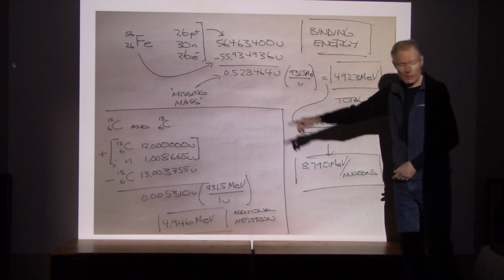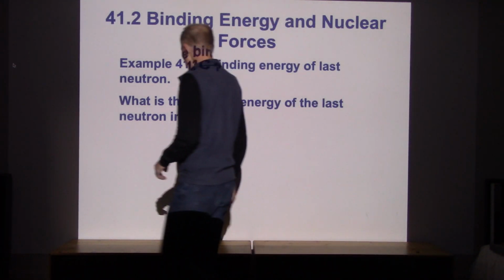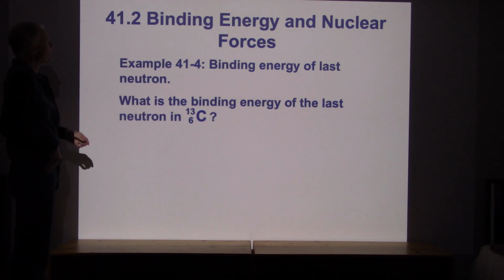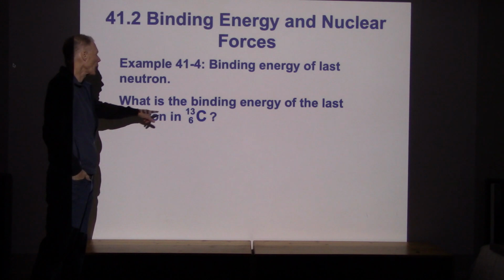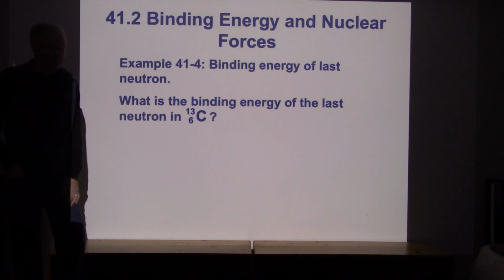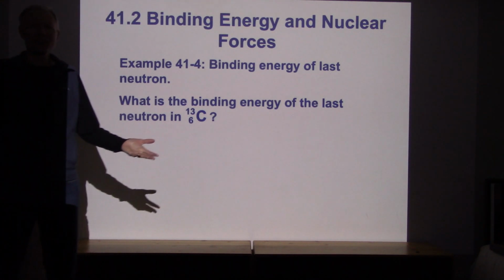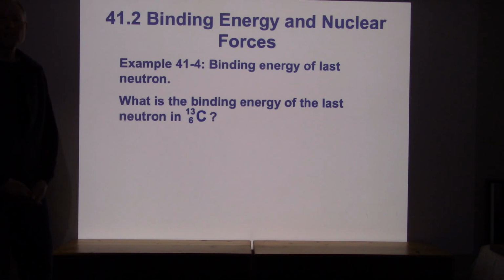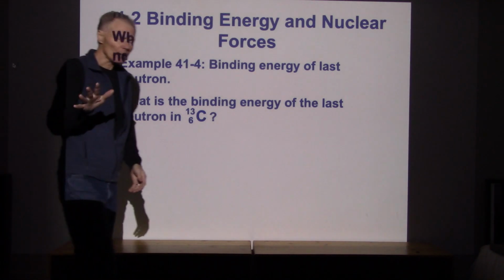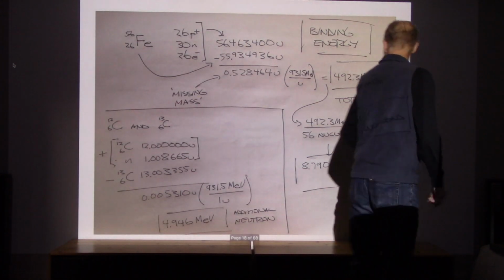Now there's another example here, down in the corner, and that's actually the example given in the slides. It says, what's the binding energy of the last neutron in carbon-13? And I'm glad there's a question mark there, because at first I looked at this and thought, what do you mean? How do you pick out just one neutron and figure out what its binding energy is? But I think what they mean by this, and there's a homework problem that reads the same way,